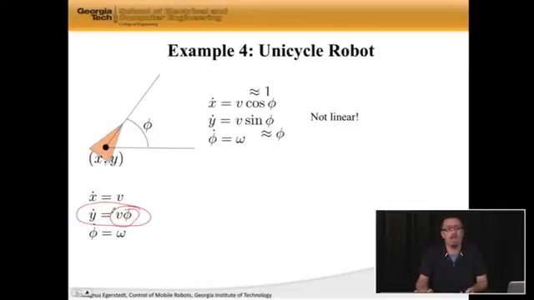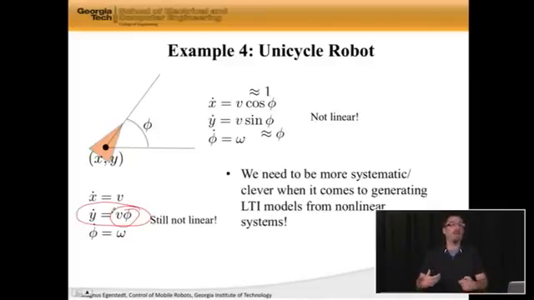So even when we made this simplification, which, by the way, is a completely stupid simplification, because the pendulum may swing at small angles, but why does the car have to drive in only a direction where we're having small angles? That doesn't make any sense. But the point here is that this kind of simplification didn't do anything. Still not linear. So we need to be a little bit more systematic when we generate linear time invariant models from these kinds of nonlinear systems, because just saying that, let the angle be small and hope for the best won't actually give us all that much. And in the next lecture, we will be systematic in our generation of